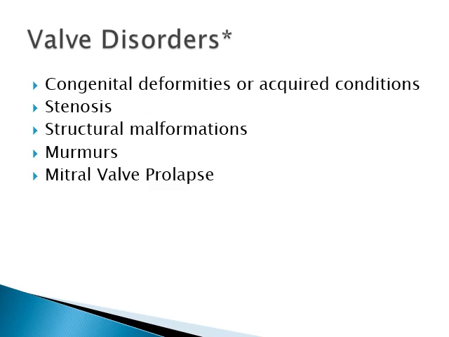And probably the most common type of valve disorder is what's called the mitral valve prolapse. So essentially with a mitral valve prolapse, there's an illustration of this in the book, but if you go to that left side of the heart,